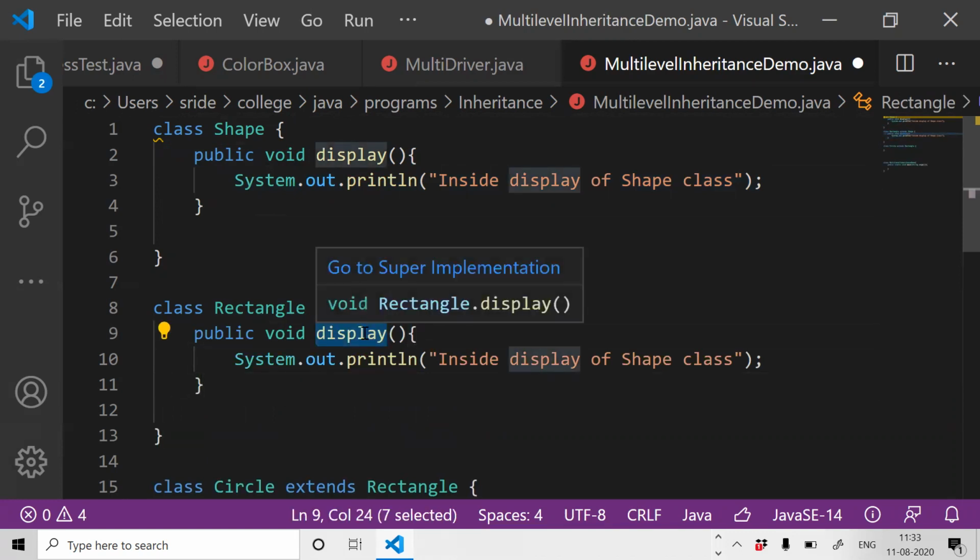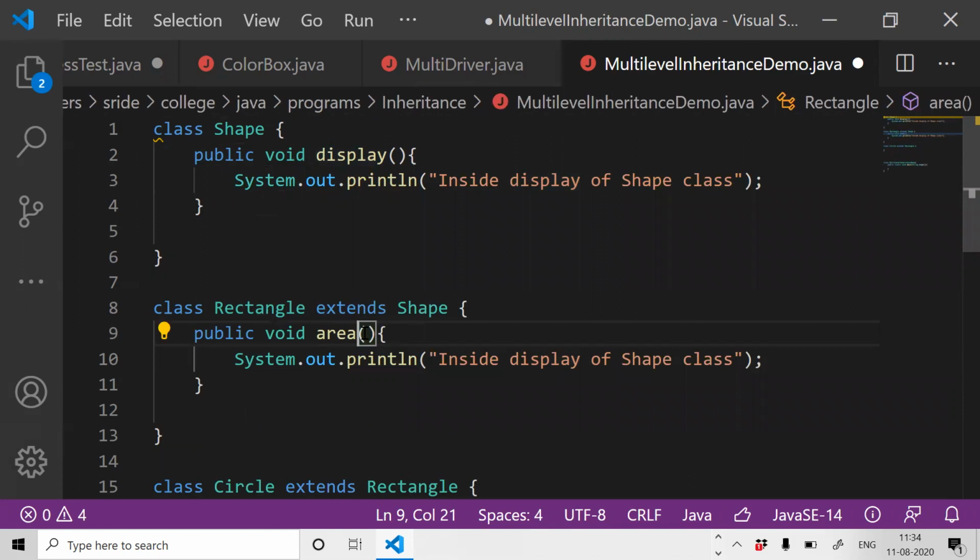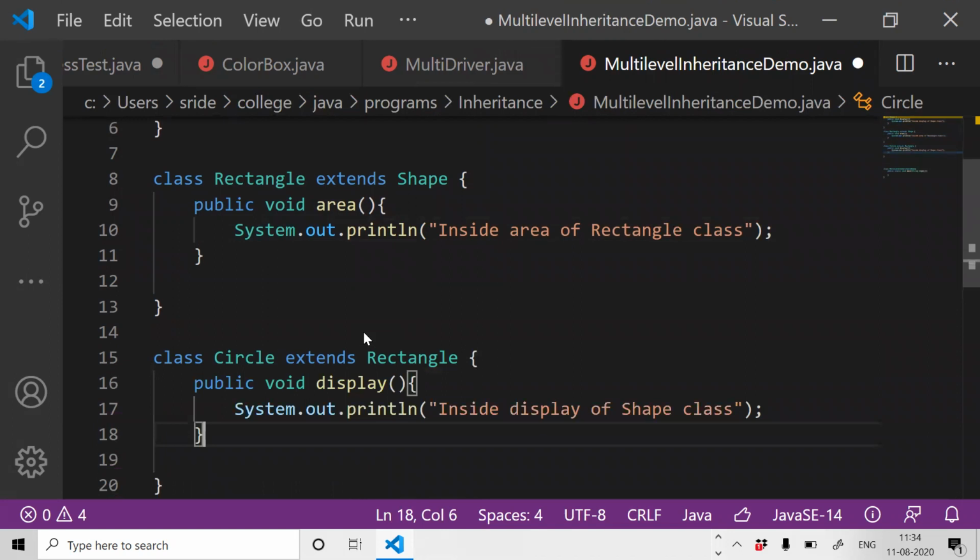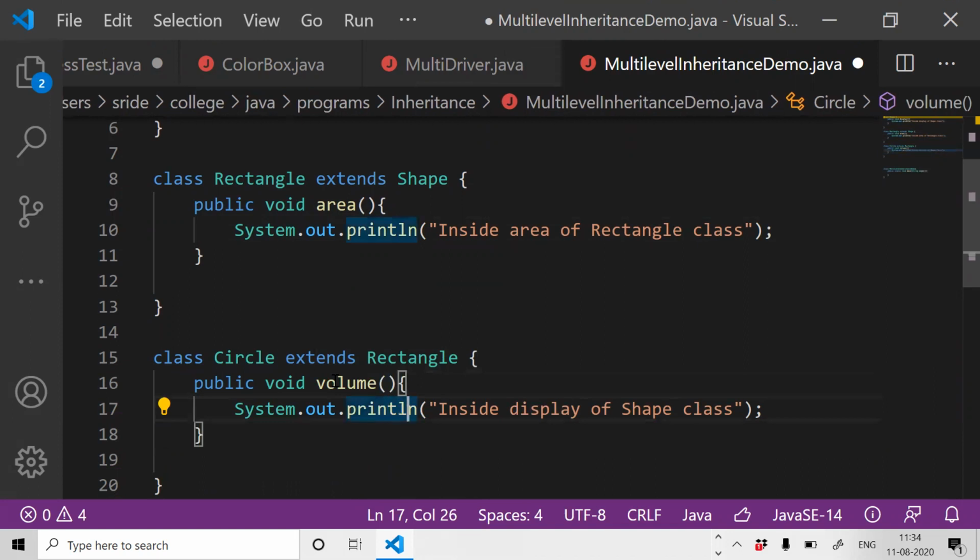If I keep this name, it is something else, we'll learn it later. Let the method name be area. Inside the area method, I print the text: inside area of the Rectangle class. In the Circle class I want to write one more method. Let the method name be volume. Inside the volume method of the Circle class.